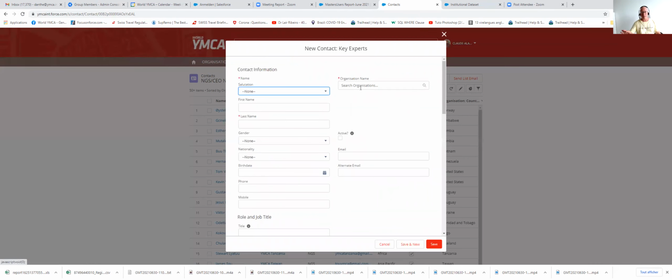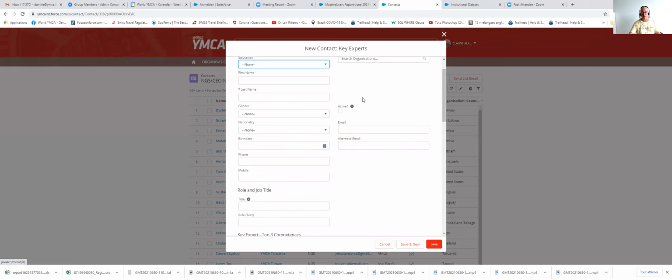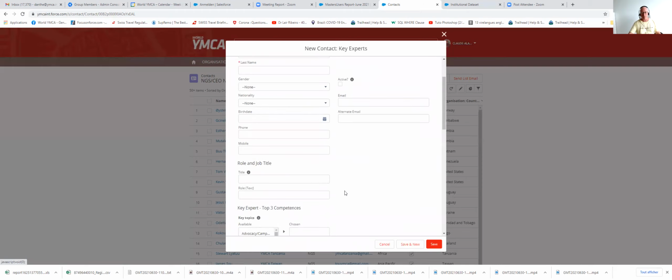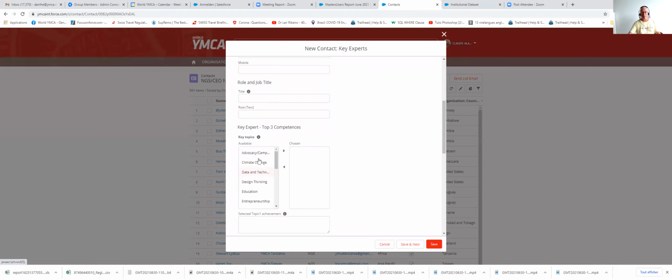This is also linked to the national movement, YMCA Switzerland, YMCA France, etc. If you can enter the names of some key experts in some areas, like green employment, or work with youth, with adolescents, etc., you can map the key competence of these people.